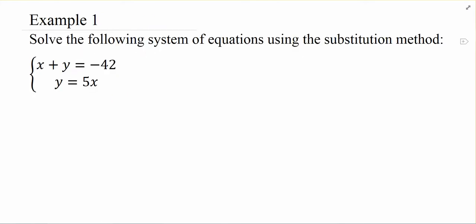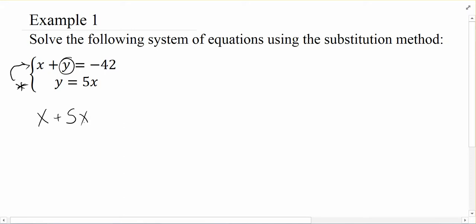As we look at this first example, our one square to four triangles matches up with our y equaling 5x. The fact that y equals 5x says anywhere that there's a y, I can replace it with 5x because they're literally the exact same thing. They're equal. So we're going to use this equation and substitute it into the first, so that everywhere that there's a y, right there, we're going to replace that y with a 5x.